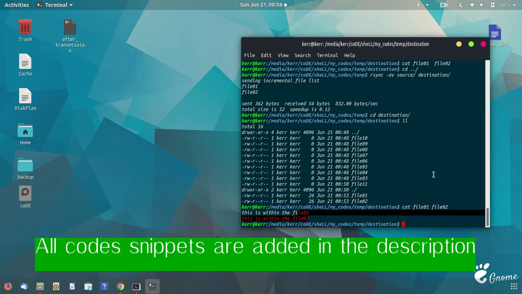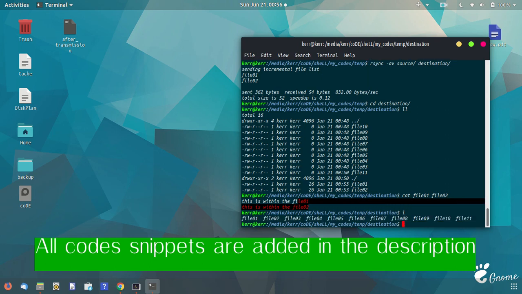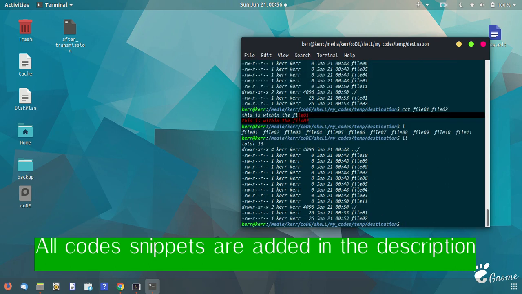Okay, so now let's remove some of the files from the destination and resync again. So rm -fv, forceful remove. I want to delete from file 01 to file 05.